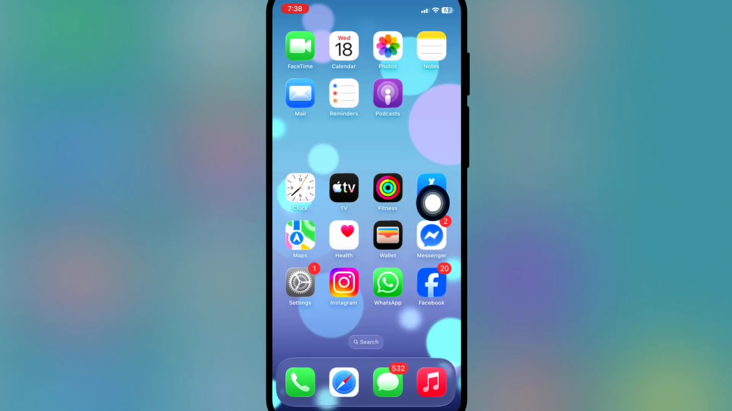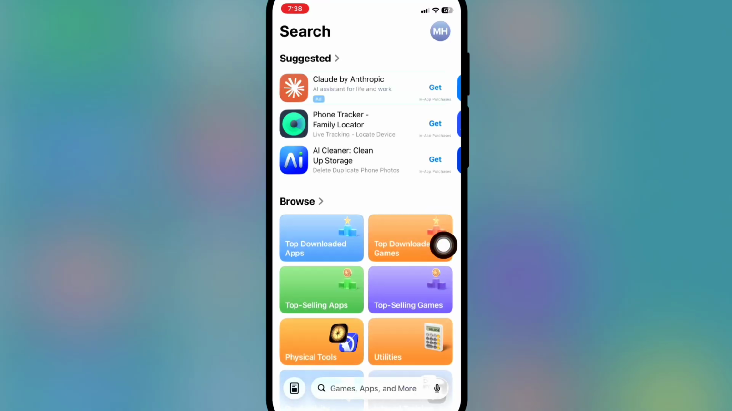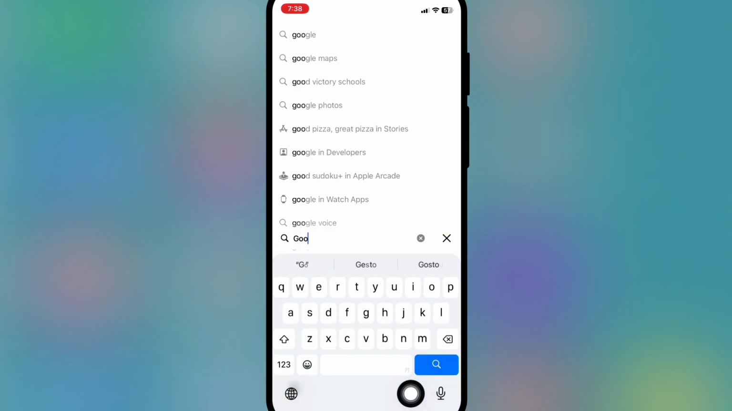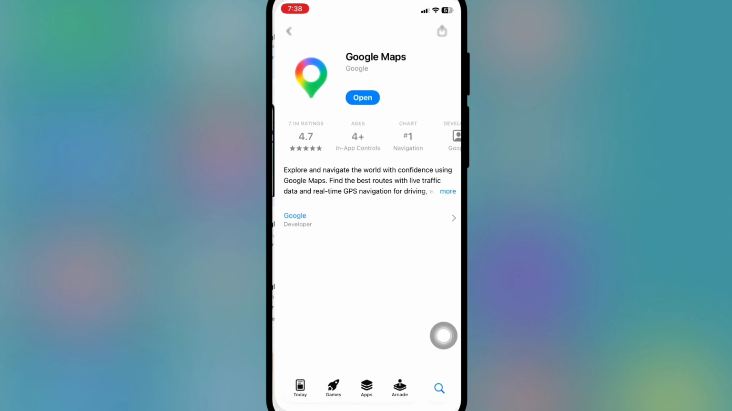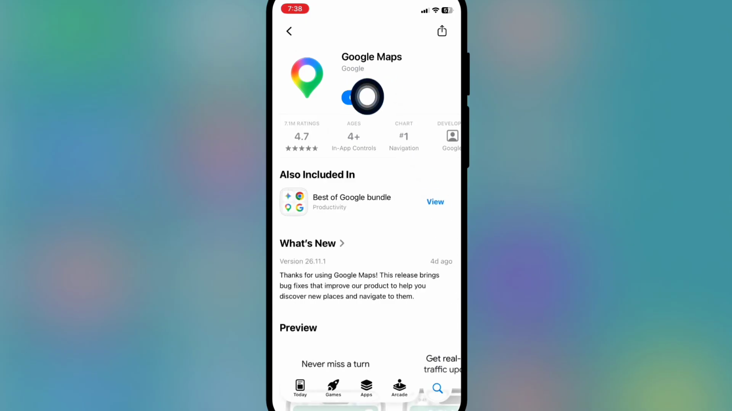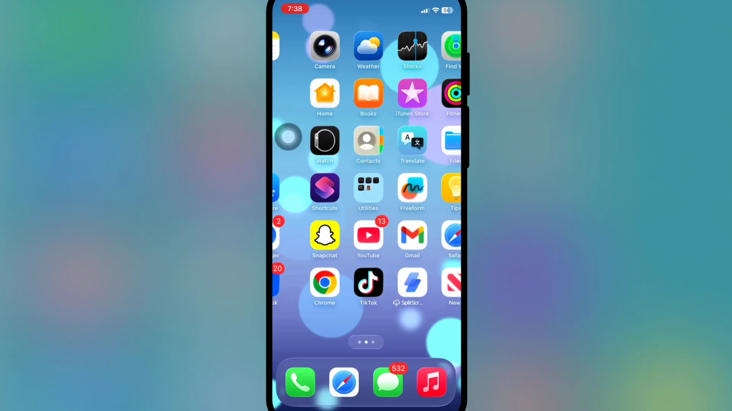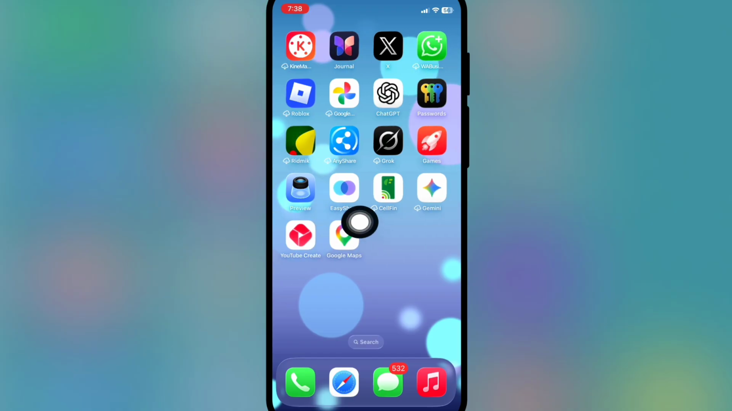Now go to the App Store. Now search for Google Maps. Now update your Google Maps app to the latest version. After completing the update process, now open Google Maps